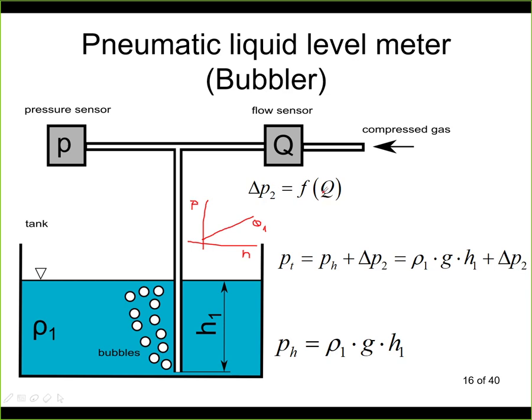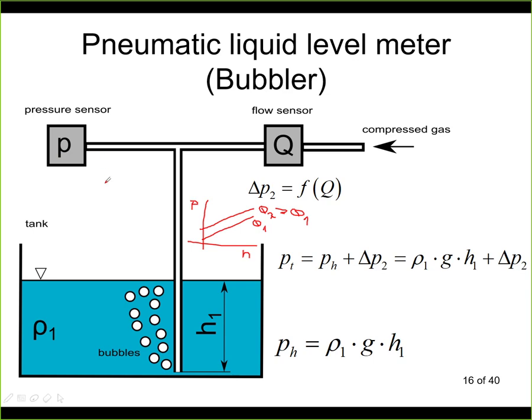And if we increase the flow that we have in the sensor, it looks like this. It is linear, it is parallel to that, but here we have a larger flow, so we have a larger pressure that we actually measure. So this will be Q2, and Q2 in this case is larger than Q1. But if we have a constant flow, then we have a nice linear response given only by this formula. So if we want to use this, we need to know only the density of the liquid. So we need to measure temperature, and then we can calculate the liquid level